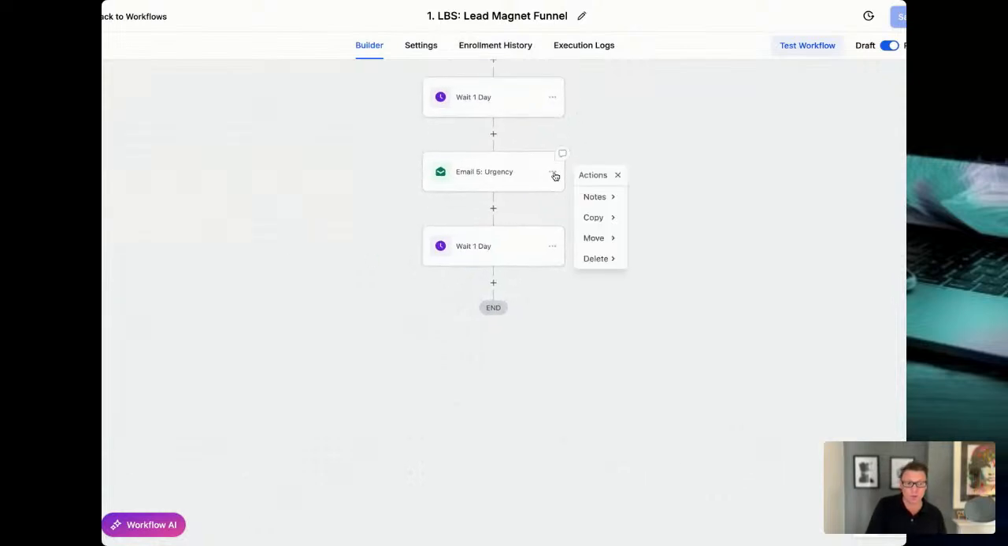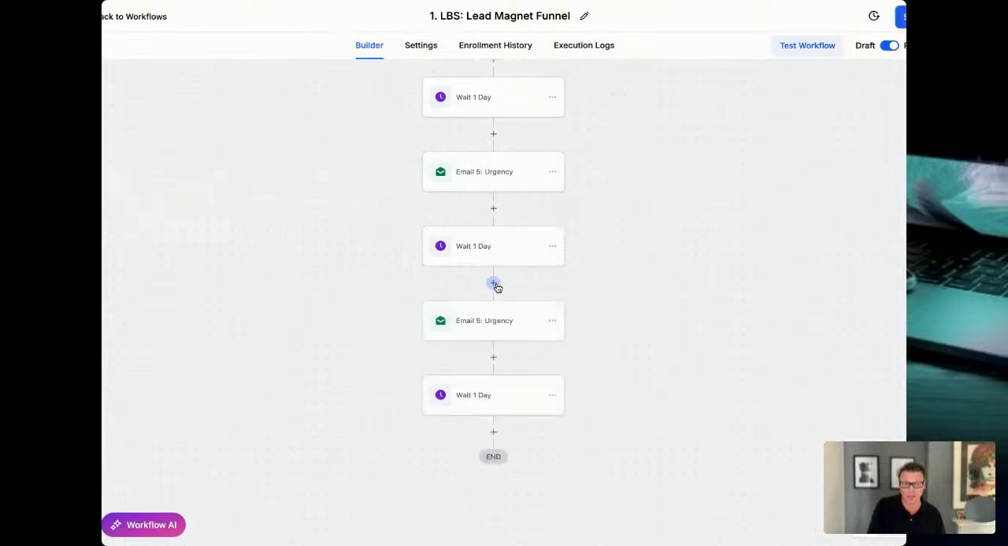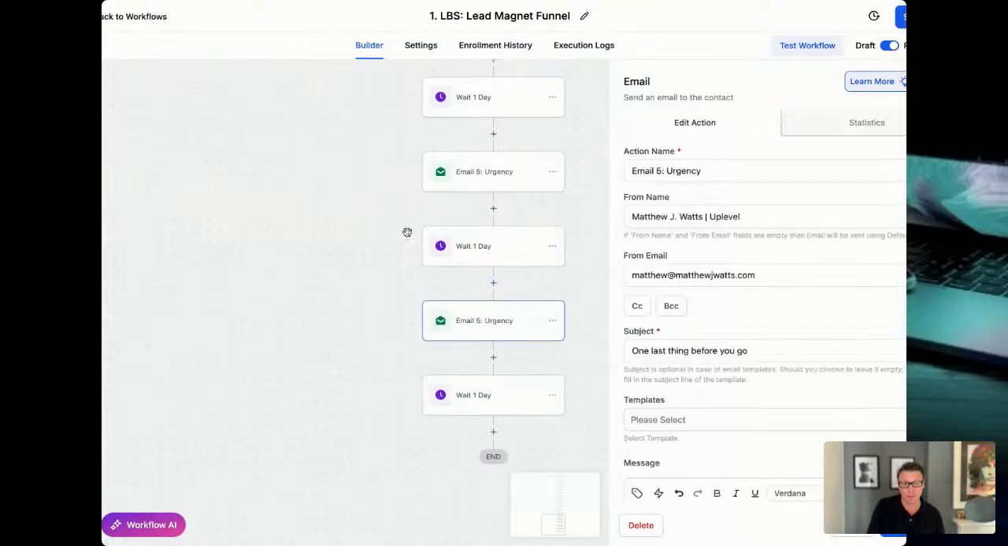So all I'm going to do is click on these 3 dots here and go copy. I want to copy all the actions. So I want this email step and I want this wait step. So I'm going to copy that down below. And then I'm going to go email 6